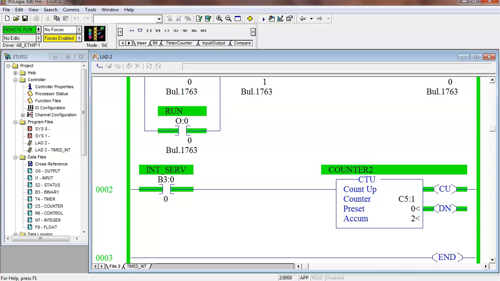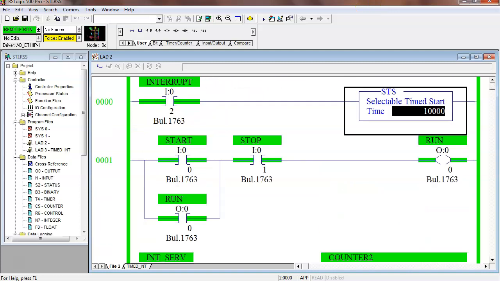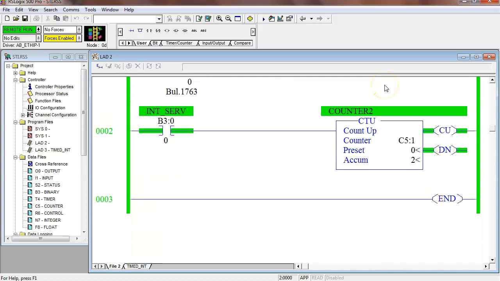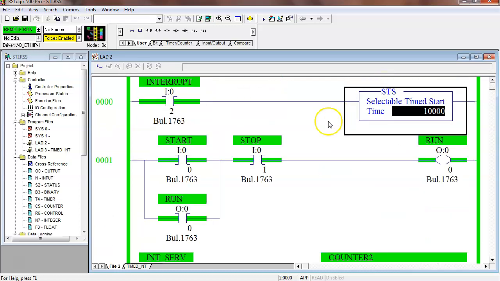Oh, I'm sorry. That's B3. So this guy here, I don't even see a B3 over here, guys. Undoubtedly I modified this. But what I want to say, this guy here, I'm causing this thing to run that